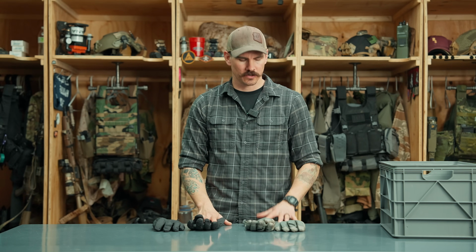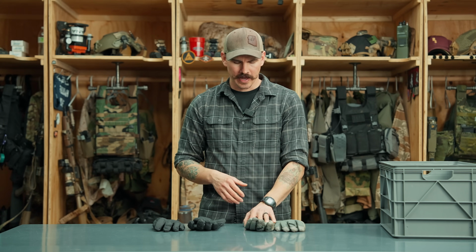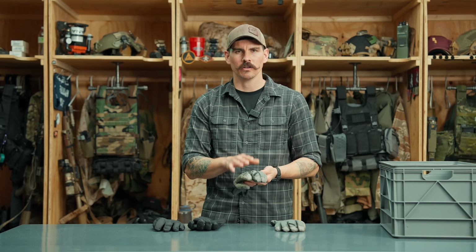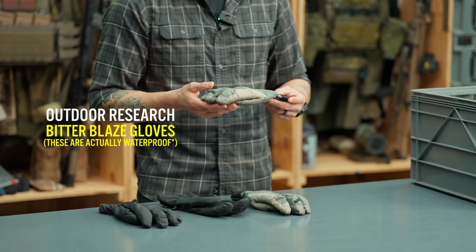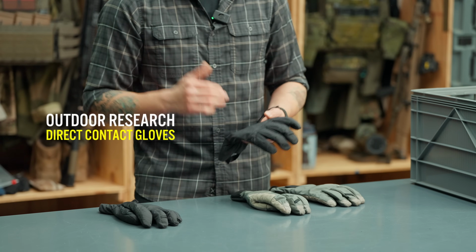So another style of gloves I want to talk about are the heavier insulated soft shell gloves. These are kind of similar to those lightly insulated ones, but these just have more insulation inside of them, whether it's fleece or something like Primaloft. So they have a leather palm and then a soft shell material on the back of the hand. So this one here is the Outdoor Research Bitter Blaze glove, and then these are the Outdoor Research Direct Contact